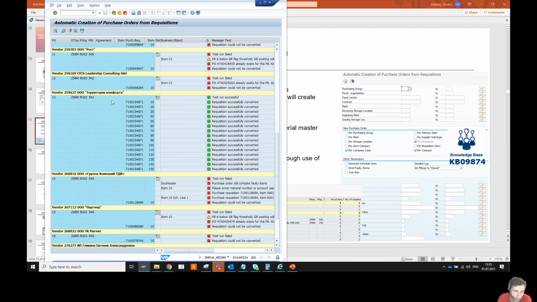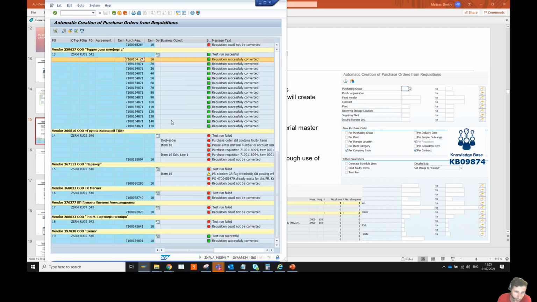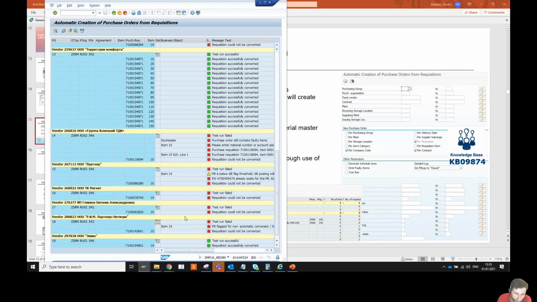Or if it's all right, like in the case of this one, it says test run successful, requisition successfully converted. We do not have a PO number here because I selected test run. But all line items for this purchase requisition would have been converted, as well as this one. So it says that it's okay. All of the others,